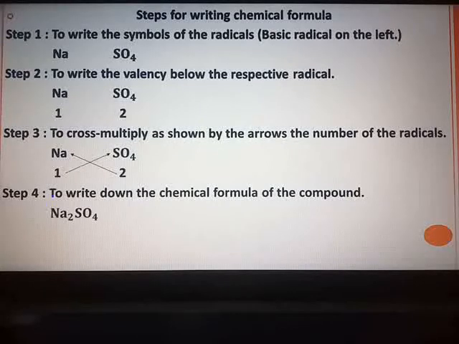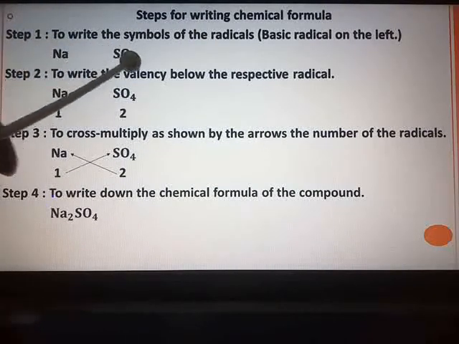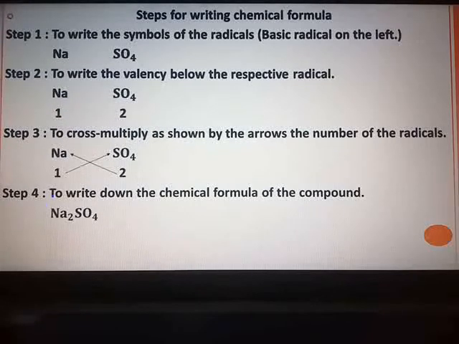So if this type of numerical is asked in the exam to write the steps in deducing the chemical formulae, then each and every step, writing the step and then performing the step, is very important. If directly you write the symbols and write the valency and all without the heading, it will not be meaningful. At the same time, you will not get full marks. So see to it that steps are shown, and below the steps you have to write the requirement.